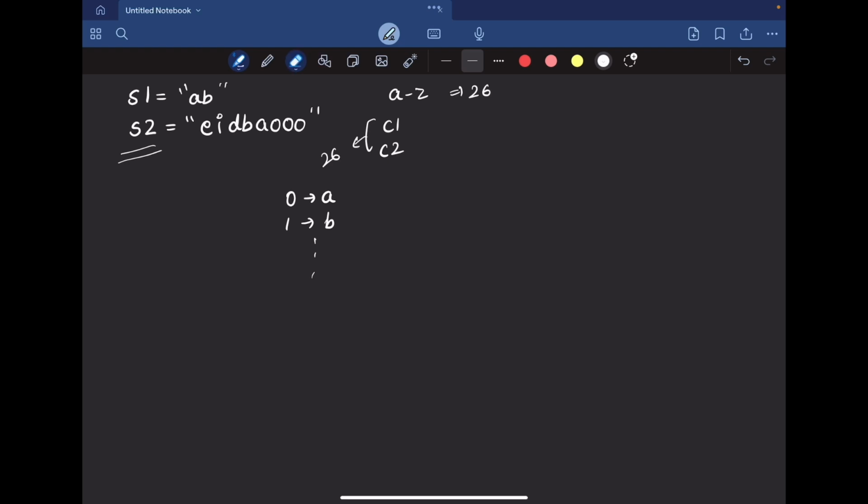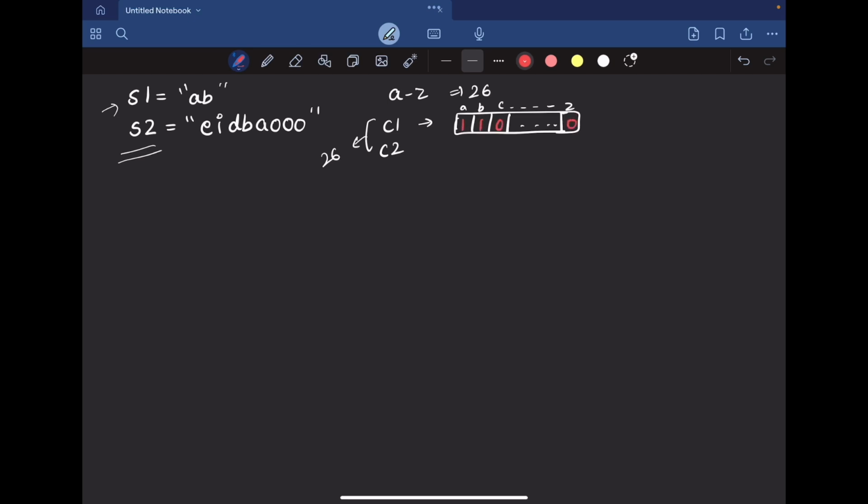Then we will store the frequencies of each character in these vectors. Now, for S1, it's never going to change, right? S1 is always AB, so we can initially count the frequencies of all the characters in S1 and store them in C1. So this will be our array: A, B, then C, and so on till Z. This will store 1 and 1 here and the rest all will be 0.